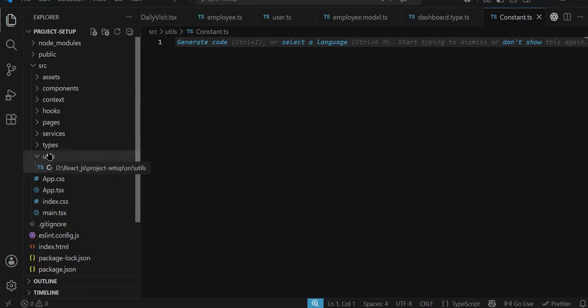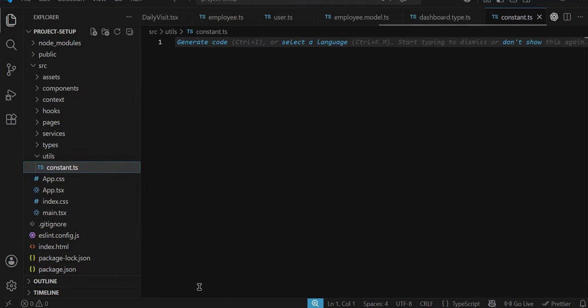Then you need helper files. Let's make it small. Helper files are pure functions which don't need your global state, any state. These are pure functions which accept some parameter and return you some output. So helper function,